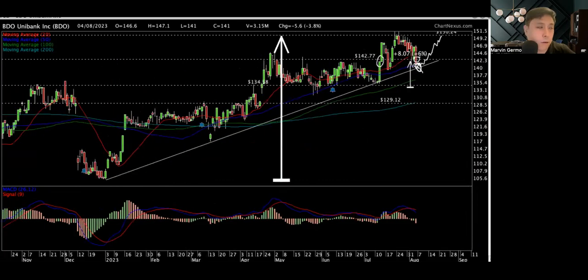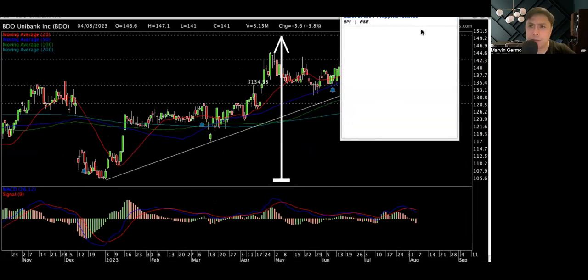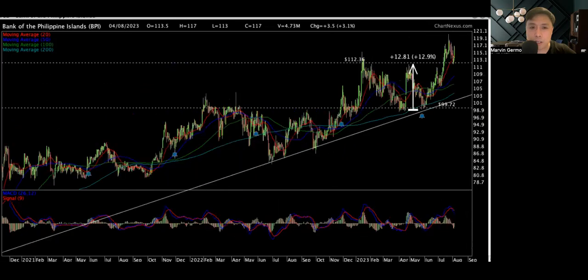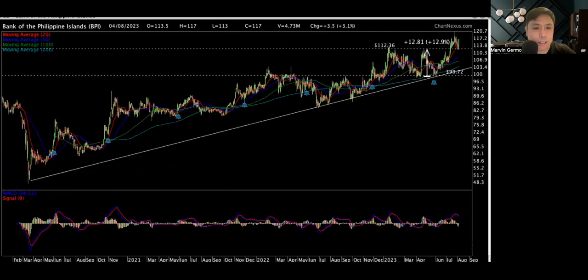So we have BDO, we have Meralco, we've also talked about Ayala Land. Then I want to look at another bank, BPI, which over the past few disclosures has had very, very good earnings. That's why you can see it right here. This is a massive uptrend by BPI. A very, very strong uptrend from 49 pesos all the way to around 118, 120 pesos, which